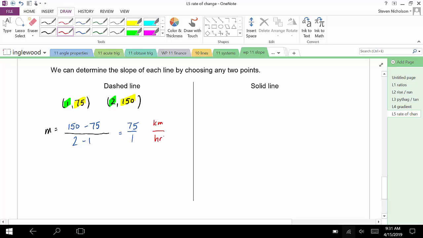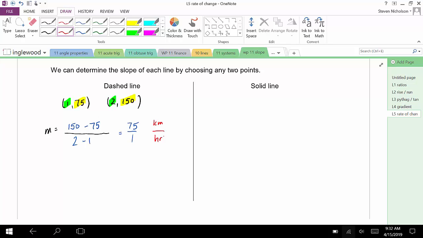hours. So in looking at this, we found the slope of that line, and the slope of that line actually represents something. It's not a measure of steepness. When you talk about driving in a car, you don't talk about steepness, you talk about how quickly you're going. So here's what we mean by slope as a rate of change. By figuring out the slope of this line, this story, it really tells us how quickly the car is going,